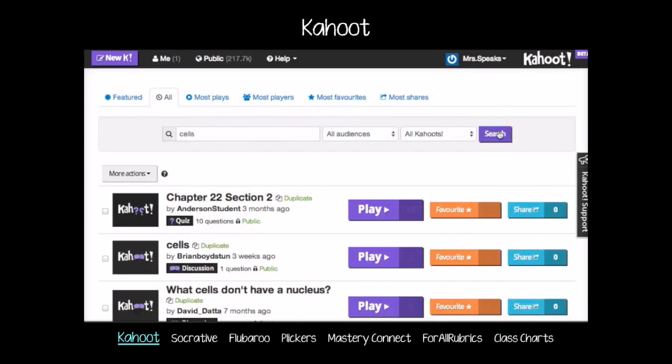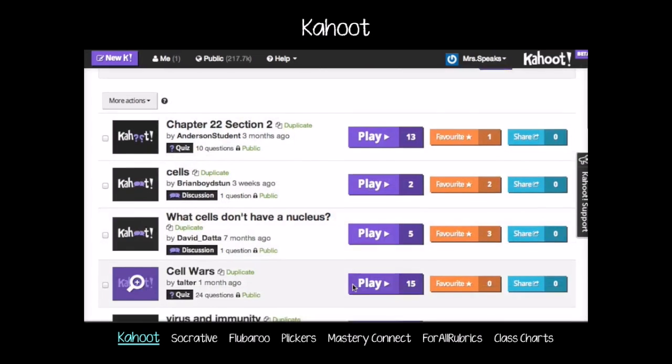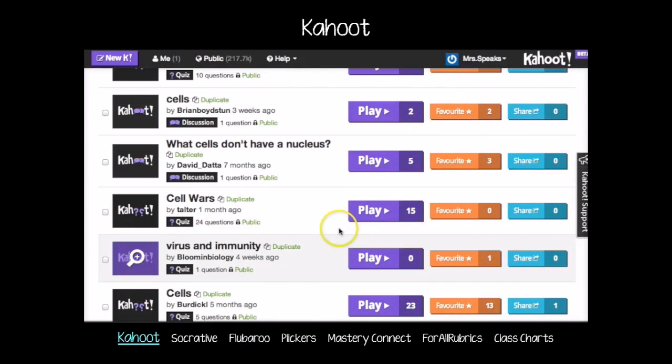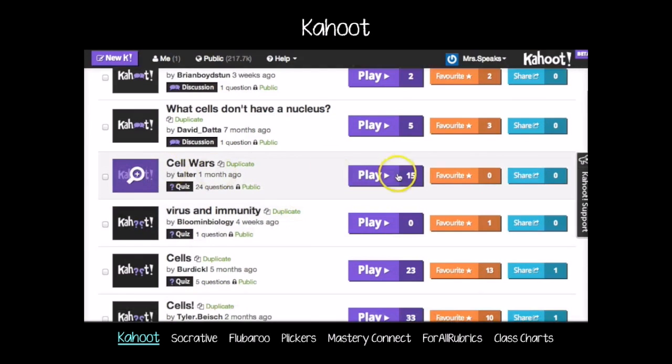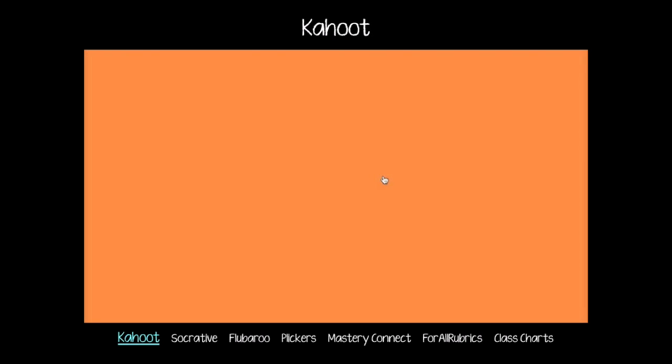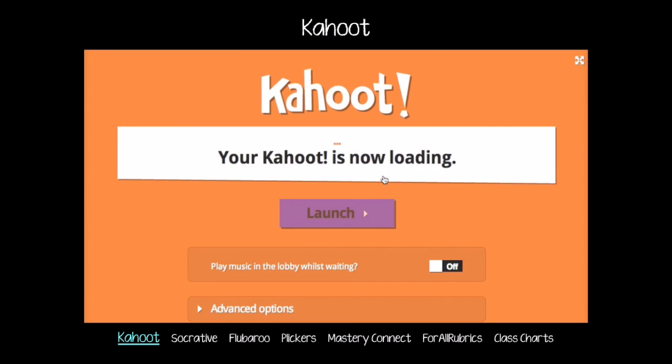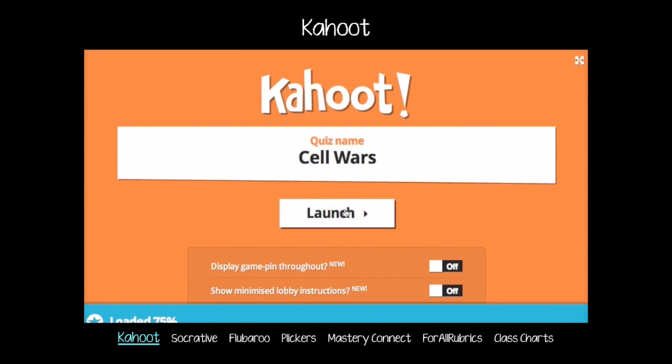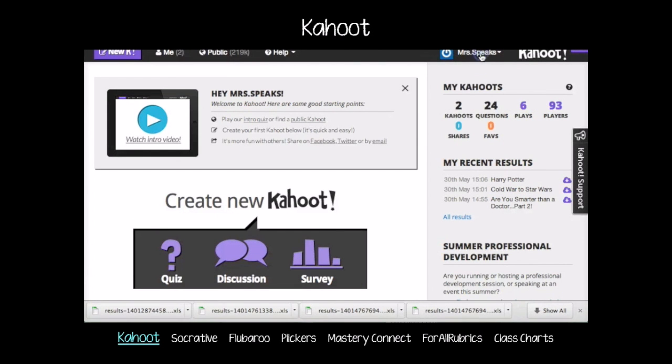Let's say I search cells, because let's pretend I'm a science teacher. Cell Wars sounds fun. It has 15 people have played it before. And so I could click play, and it'll literally just pull it up. That same scene where after you say launch, where it'll say, here's the pin, and the students go to kahoot.it,